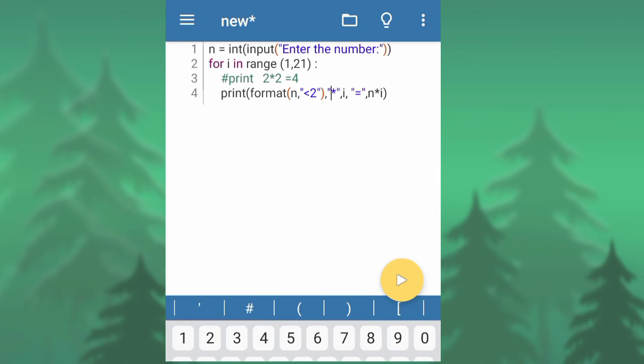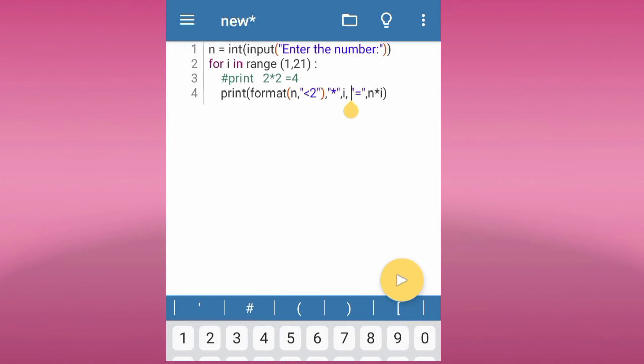After that, for i in range, we'll write a format, format, bracket, i less than 2.